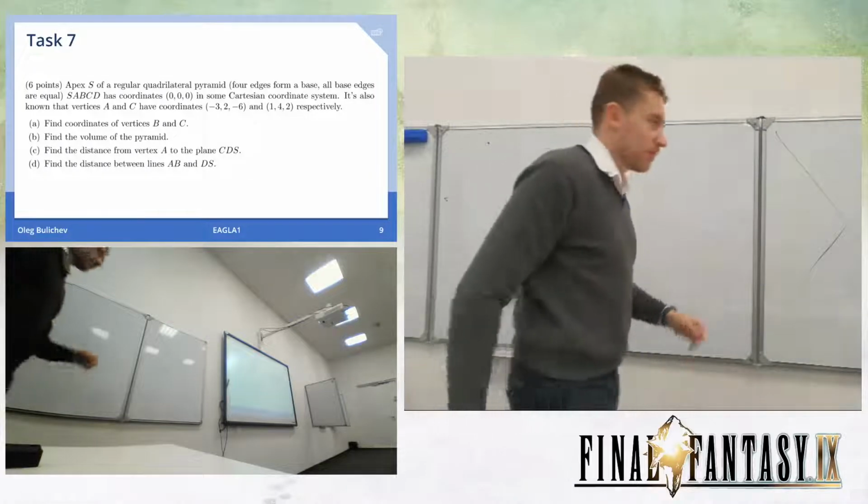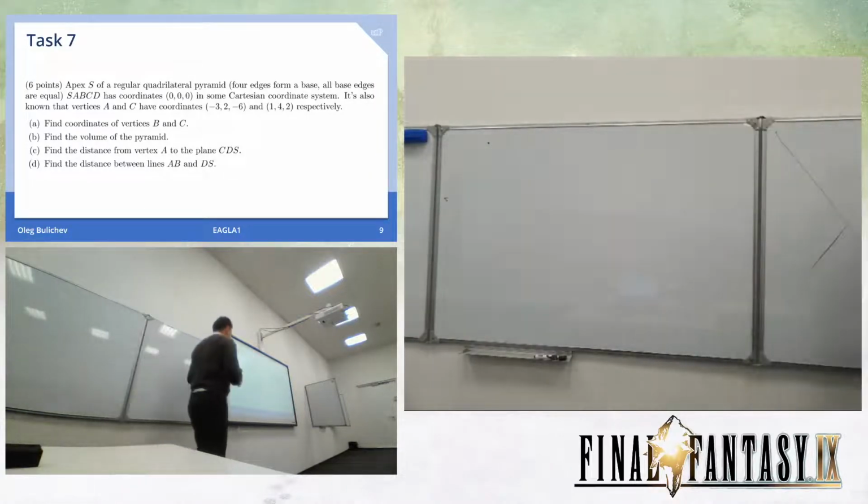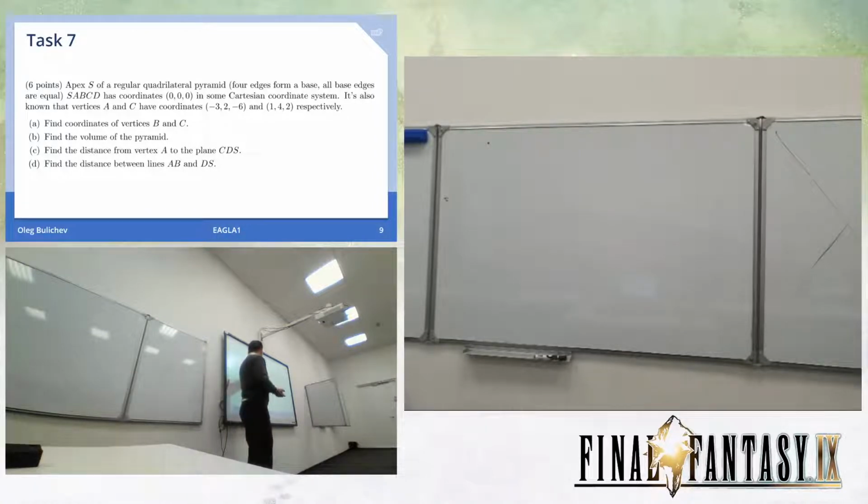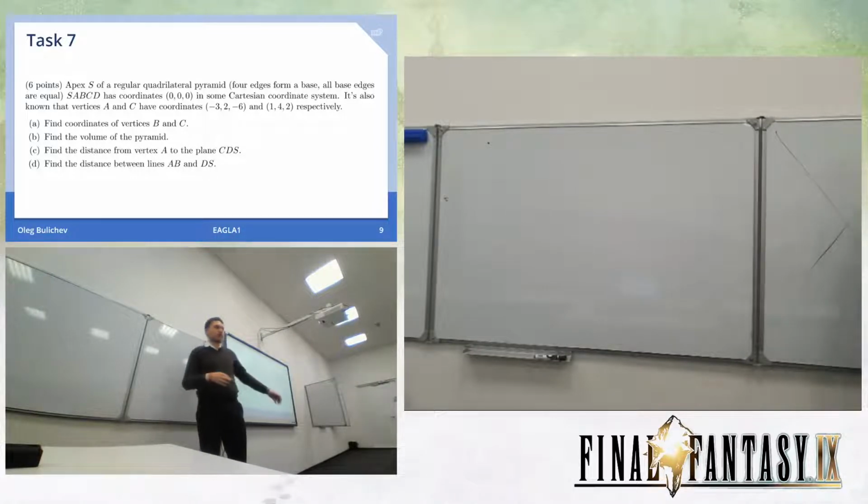If you know the property of a regular quadrilateral pyramid, all edges of the base are equal, as for any regular quadrilateral. But since it is regular, the lateral edges should also be equal. In this case, you can say that it is wrong by contradiction, because